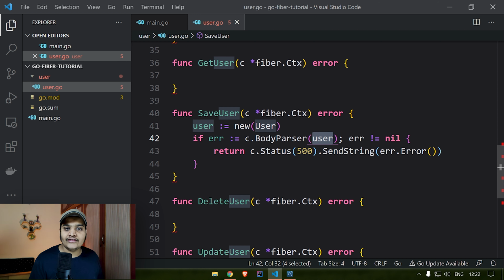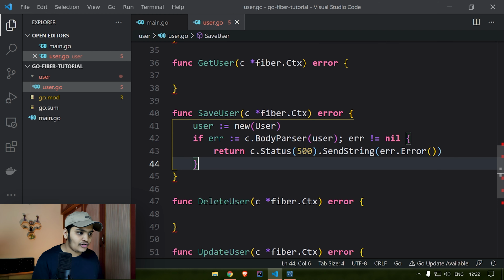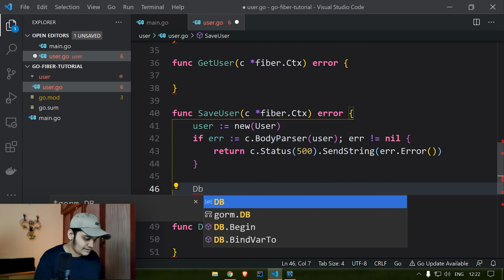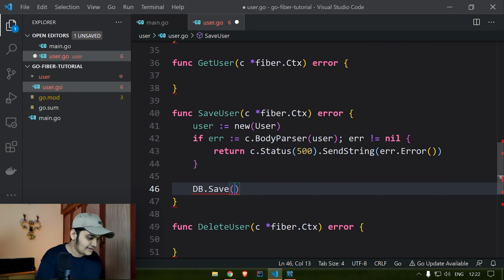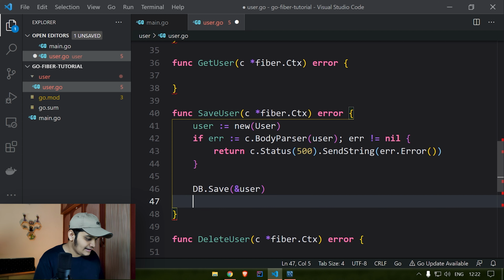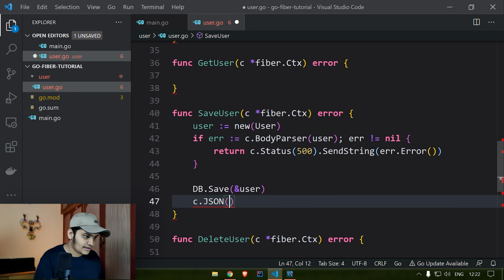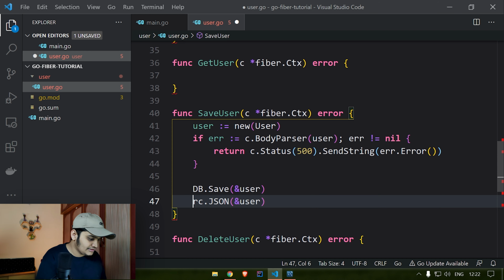If there is any error, I'll send the status 500 with the error message. If not, I'll use the db.Save function and save this user. After that, I'll return c.JSON with this user back, using a return statement.